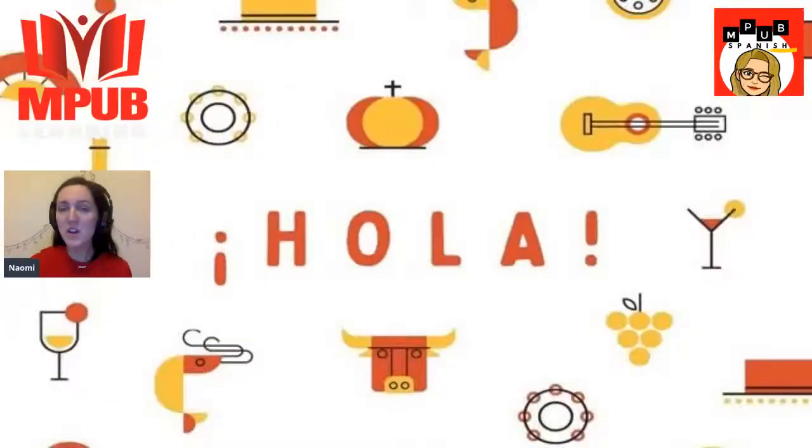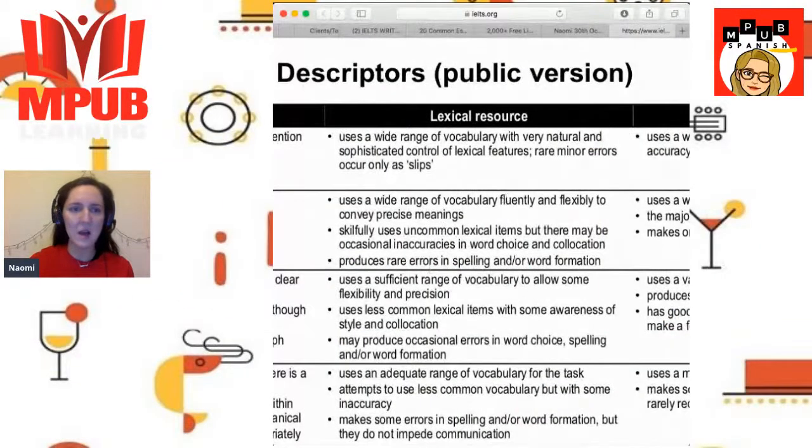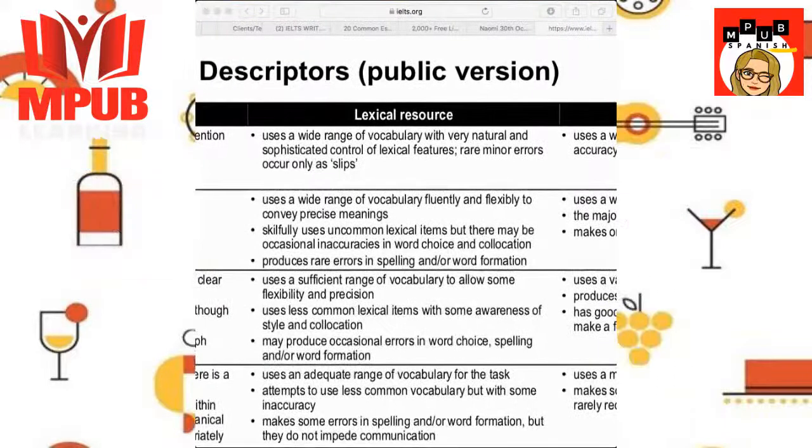But today we're going to go back and have a look at the third criteria. So lexical resource. Basically, which words are you using? Let me just share this with you to show you what you will need to get the top band score. I know you all want to get the top band score. Who wouldn't? So I'm showing you exactly here. Now, it looks like a lot of writing, doesn't it? But basically,